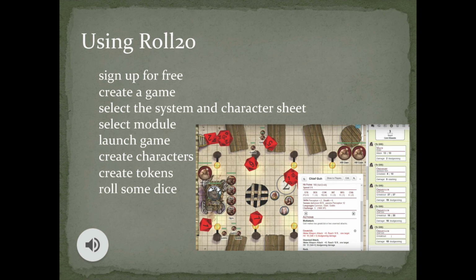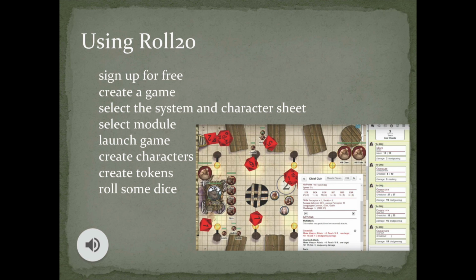Then you'll have to select a character sheet. Some systems will auto-select their matching sheet, but otherwise you'll want to pick the character sheet created by Roll20. Then you can select a module. This is optional. A module is a pre-written adventure, and on Roll20 they often have their maps and tokens filled out, so you have much less prep work to do and everything's kind of set up for you. They often include pre-generated characters as well, so you don't have to go through the process of creating a character for every person. You can simply assign them a character from the pre-generated list. For beginners, I would recommend this course.